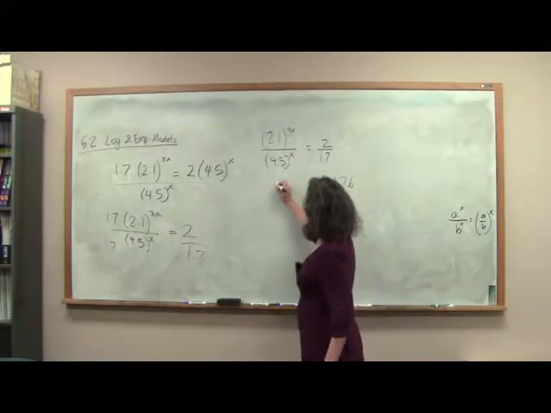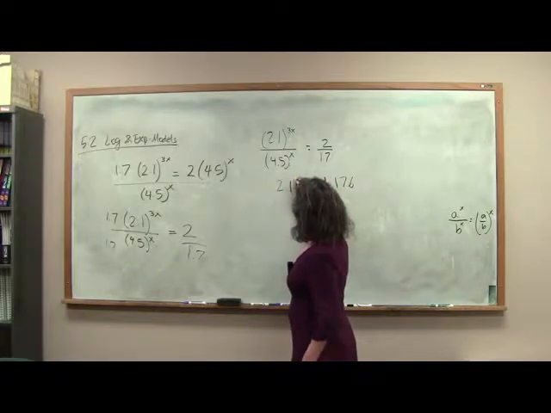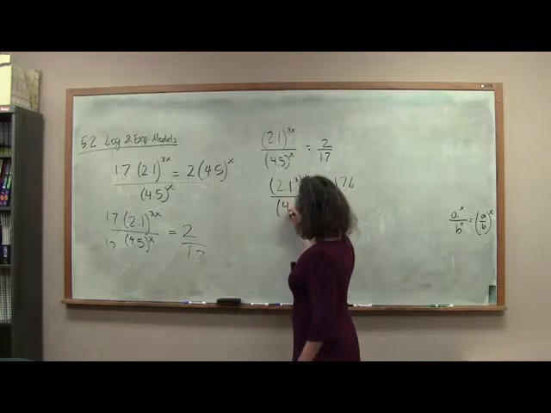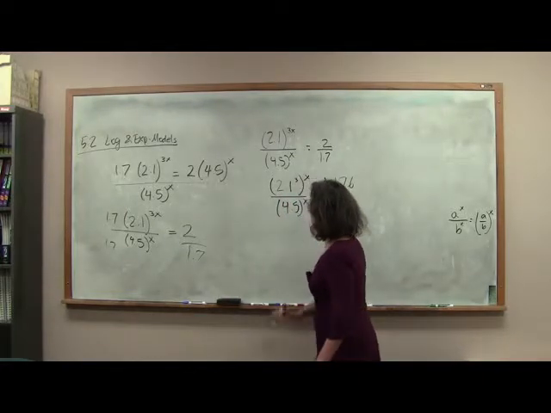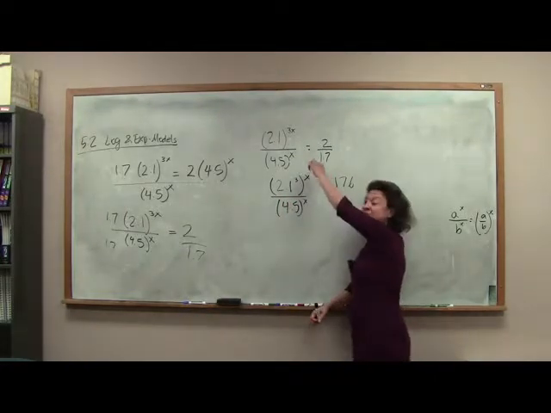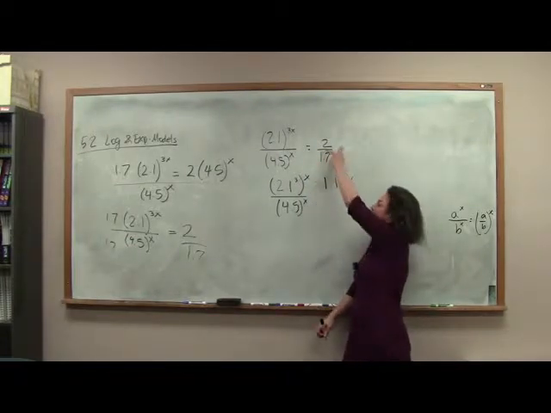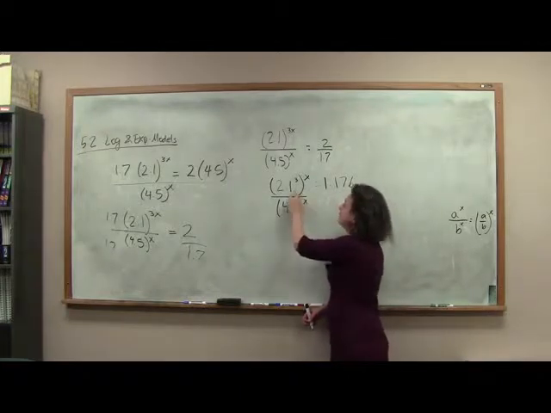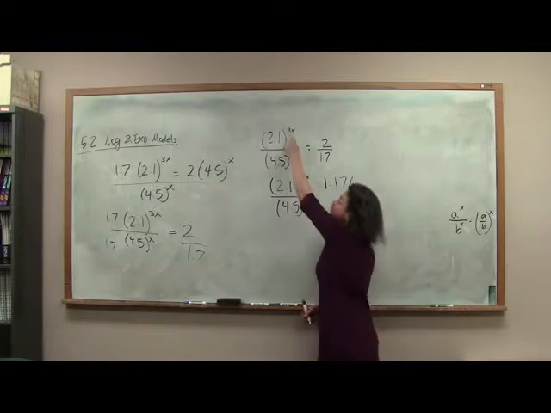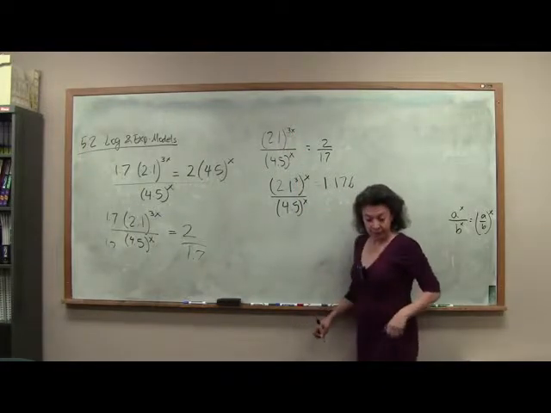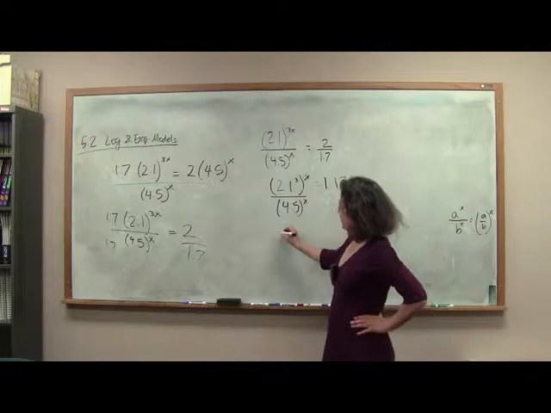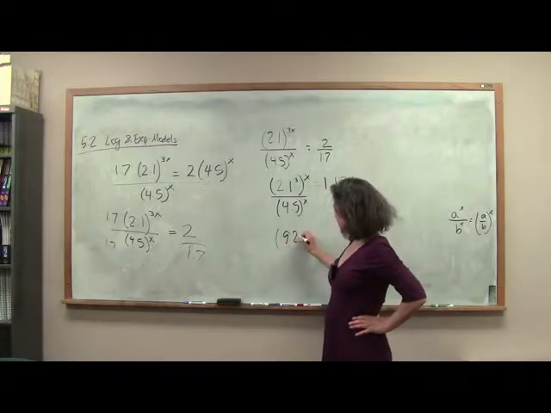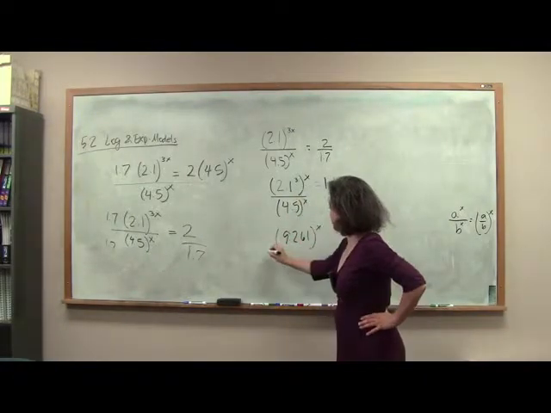However, do you all agree that I can write this as 2.1 cubed to the power of x over 4.5 to the power of x? Okay? All I've done going from this step to this step is on my right-hand side I divided. And on my left-hand side, notice if you have something raised to a power raised to another power, you multiply your exponents. Okay? Now, 2.1 cubed is 9.261